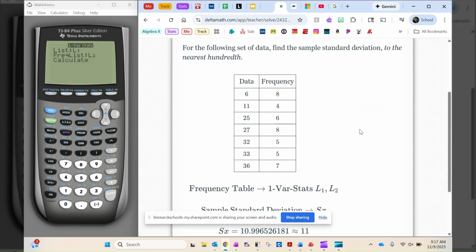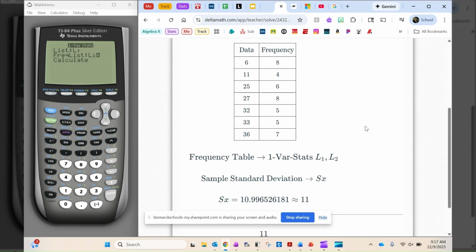And that's my answer. Okay. Again, this is a way to take a frequency list and find standard